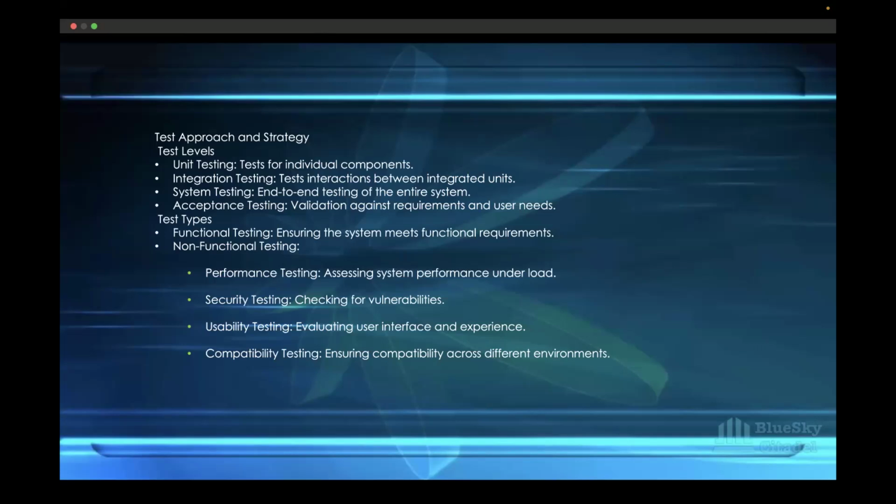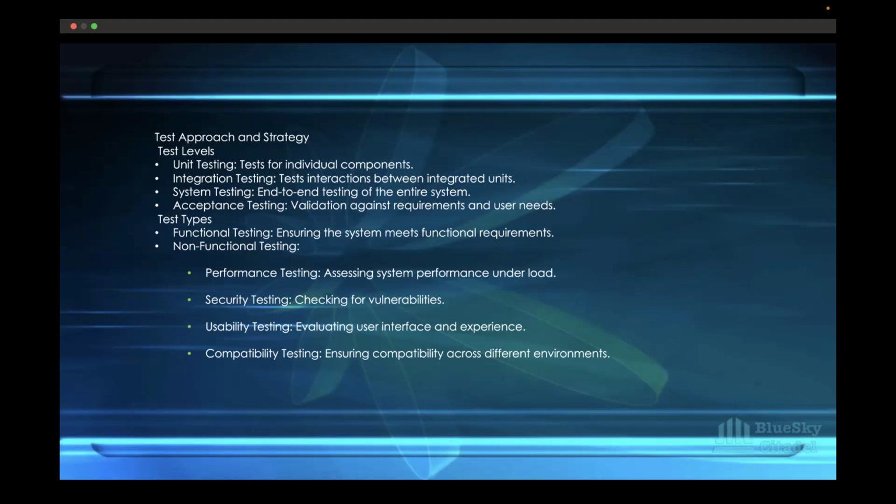You also have system testing. You have to stage your system testing. System testing is the end-to-end testing of the entire system. Let's say it's an e-commerce application. You want to test end to end, from when you create an account to when you select an item, put it in the cart, and pay for it. You are testing the flow of the whole system.